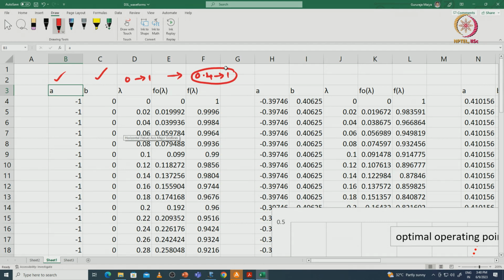So, lambda value I am varying from 0 to 1. How it will vary with respect to the output function we will see. Okay, with a step of 0.02 I am varying the lambda value, and here f of lambda I am calculating, those values are presented here, and f lambda also is presented here. F naught of lambda is nothing but the output function. This is the output function and this is the